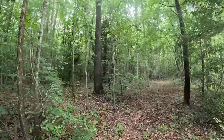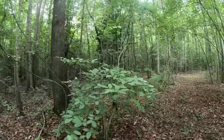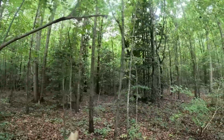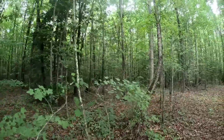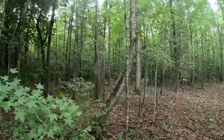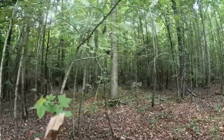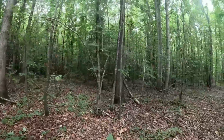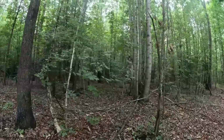But then once you get on the other side of this trail, and this could be an old fire trail or something they cut in here, you get one 18-inch tree and then 500 little 2 to 3 inch trees. You can probably tell that like that white oak right there, it was probably 6 inches in diameter when they logged it. So that's why it's the size it is now, and they just didn't cut it down. But everything else was just